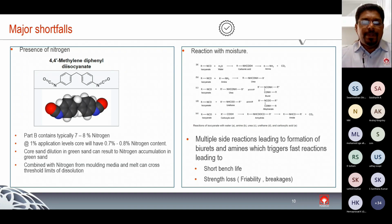The nitrogen comes from part B, which contains methylene diphenyl diisocyanate. Typically, part B will have 7 to 8% nitrogen. And if you consider an application rate of 1%, which is high, then the core will have 0.7 to 0.8% of nitrogen. You know, the melt naturally will have